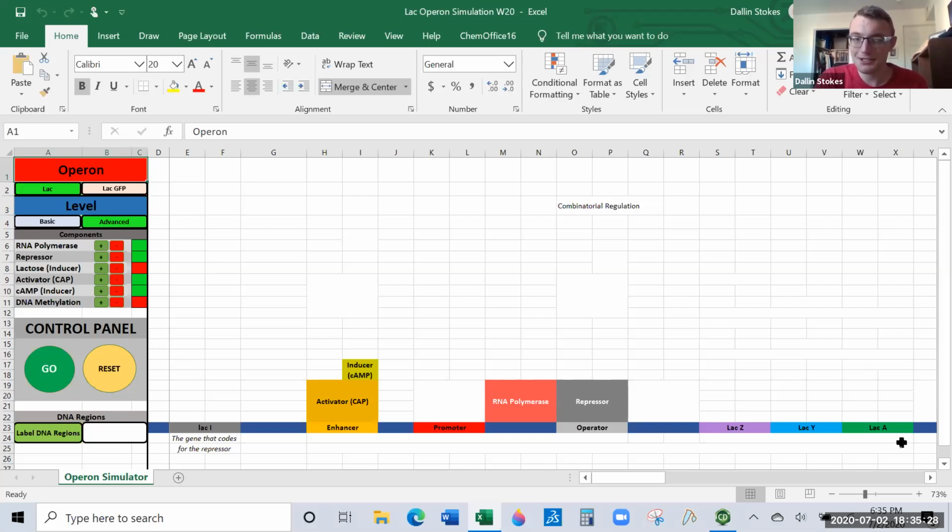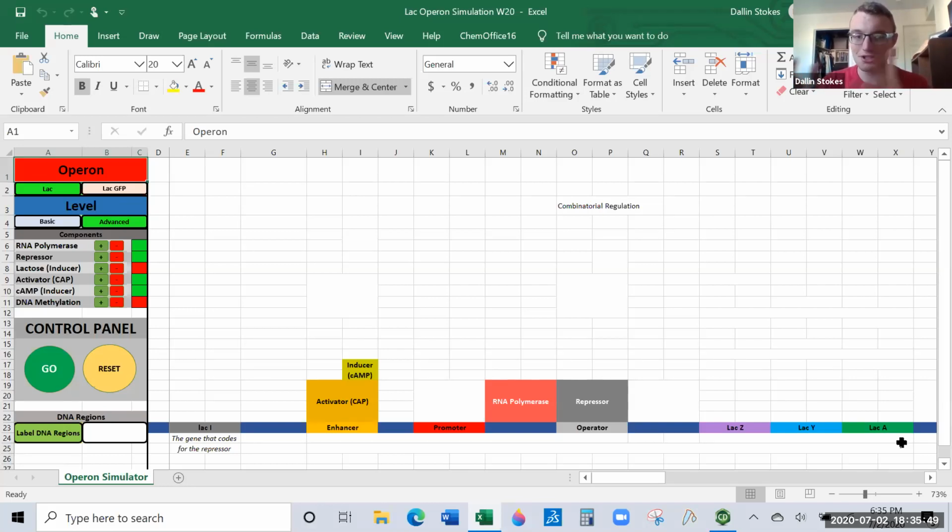And that's its only job, taking down lactose. So the repressor is a shutdown switch, and the activator can scream as much as it wants, but the RNA polymerase can't get by until the repressor gets out of the way. So it's a combination of factors that allows us to control when we make the protein and how much based on our circumstances. So that's how the Lac operon works.